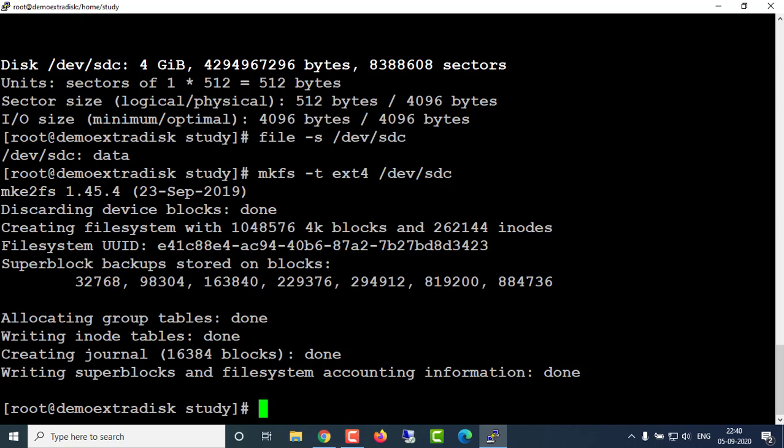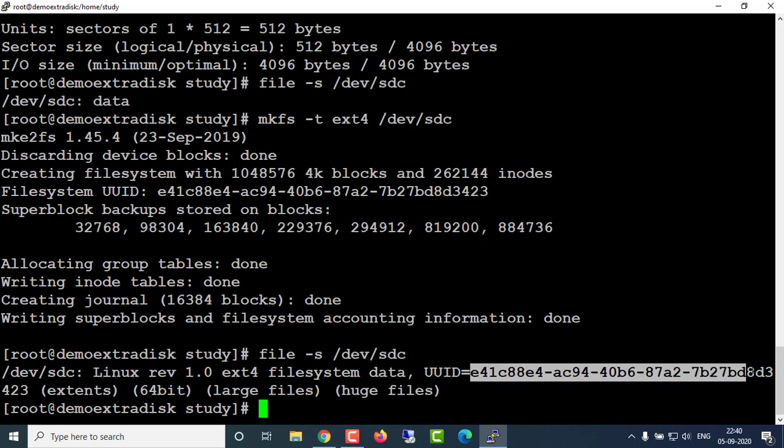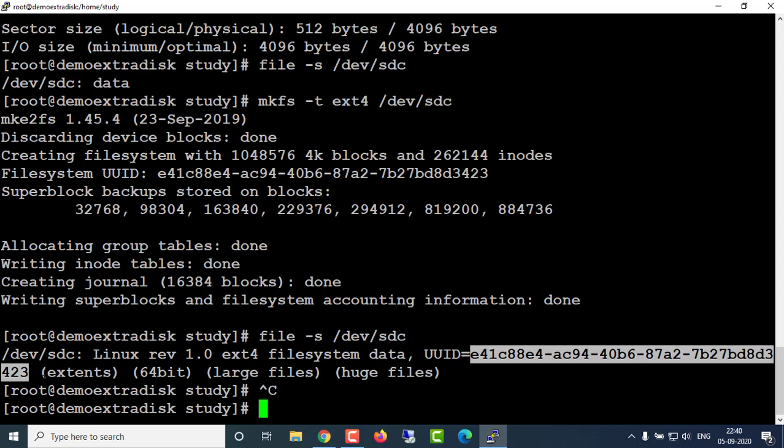If you run this command again, file -s space /dev/sdc, and hit enter, then you can see the details of the file system which we have created. So we have to copy this UUID. We need it because we have to make a manual entry in the fstab file for a permanent entry, because that disk is mounted temporarily.